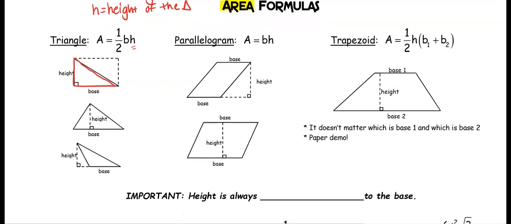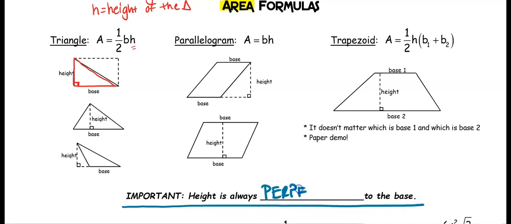Now, when you look at a triangle, these pieces can come in different ways. If you have a right triangle, the height and the base are already part of the triangle and they are running perpendicular to each other. Because as we said up above, it's important that the height is always perpendicular